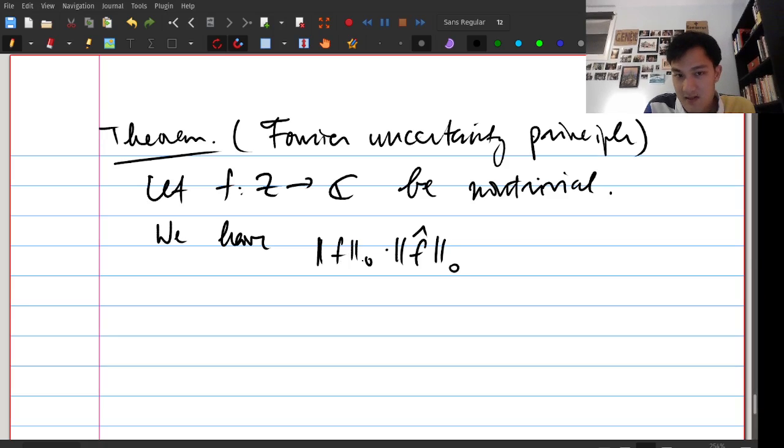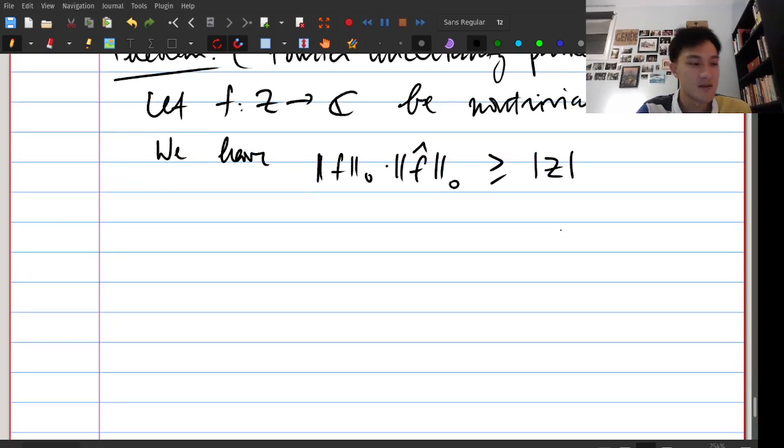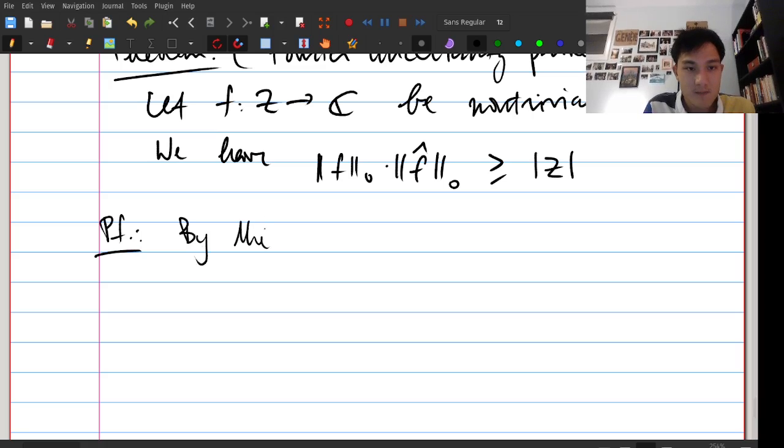Remember we use this: the 0th norm is the size of the support. The size of the support of f times the size of the support of f hat is greater than or equal to |Z|. We spent a very long time doing examples last time. I hope you enjoyed that. More likely you didn't enjoy it. It was very tedious. By the previous lemma,